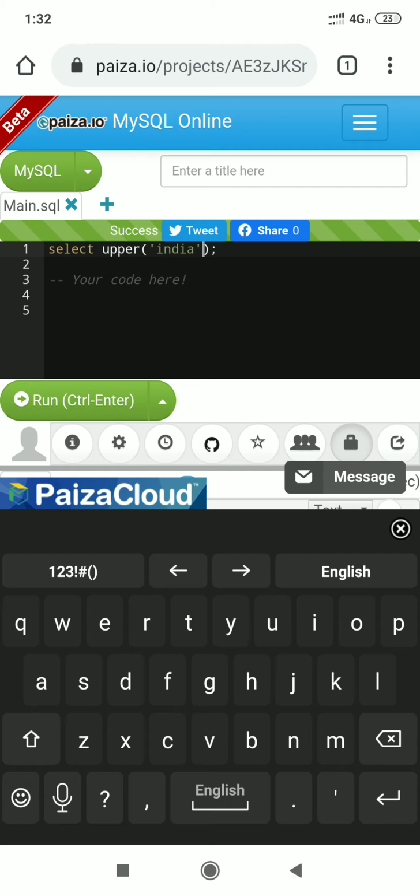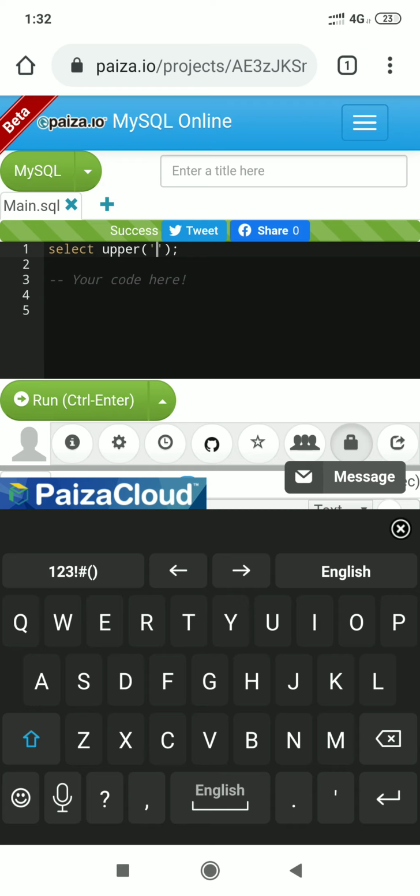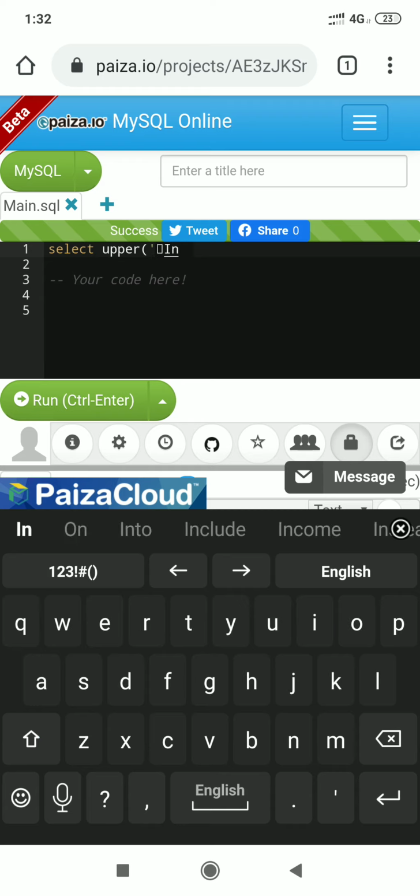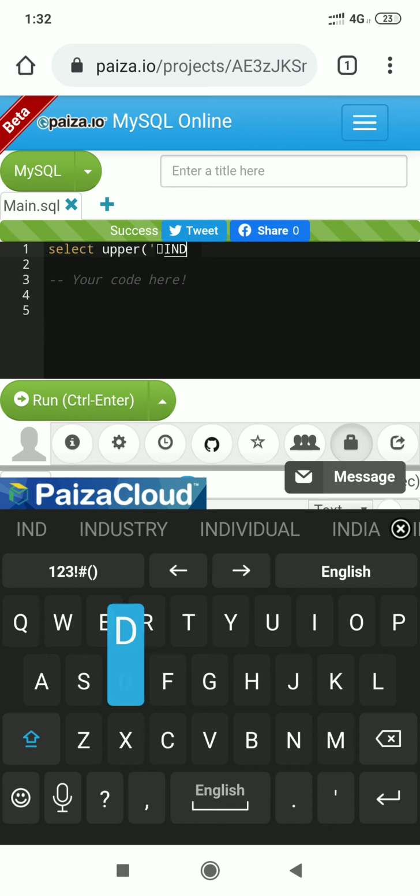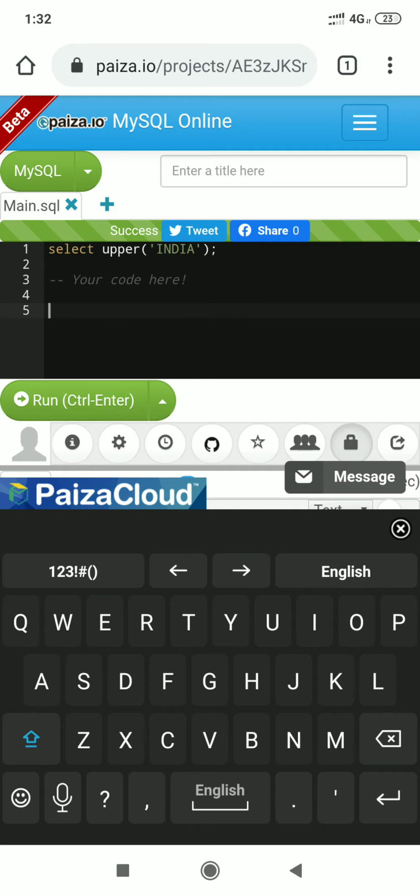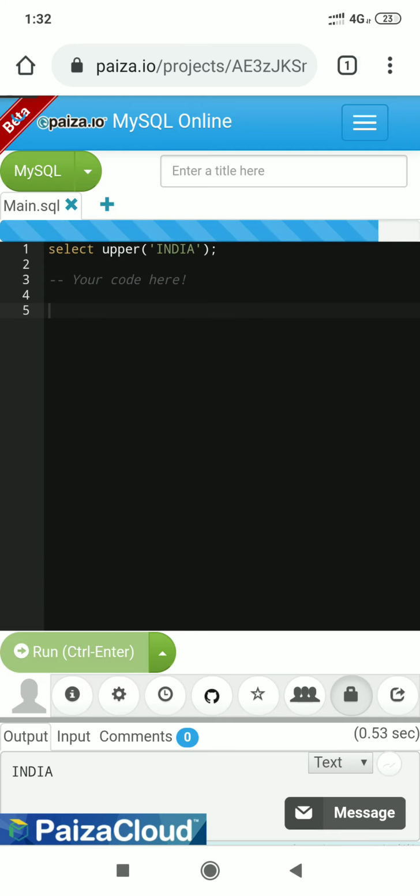But if the string is already in uppercase, even if there is no need of operation, and someone writes the whole string in uppercase and executes the same statement, it will return it as it is. So if a string is in uppercase, it returns the same case, and if a string is in toggle case or lower case, it converts it into uppercase and then returns the uppercase string.